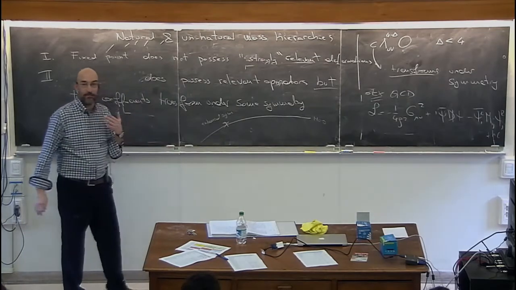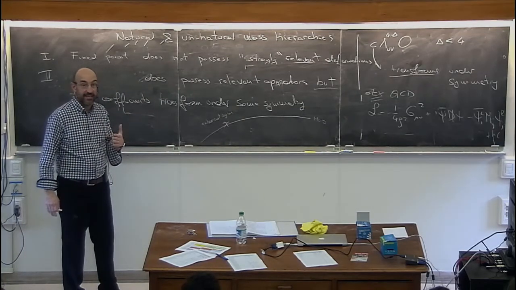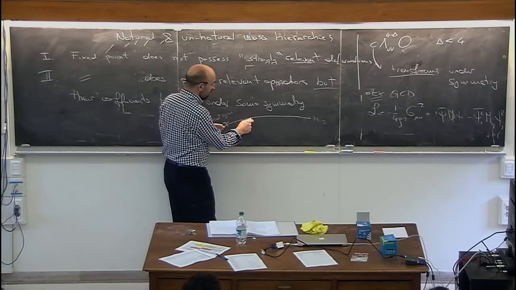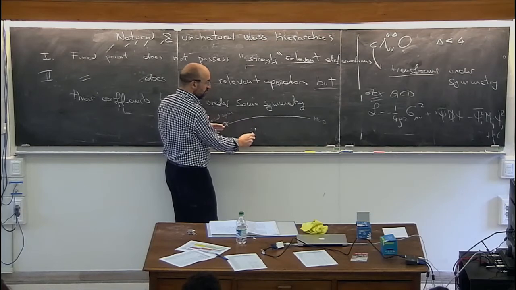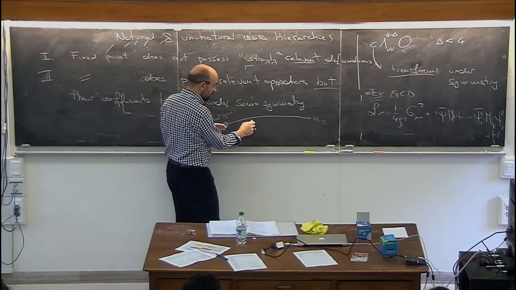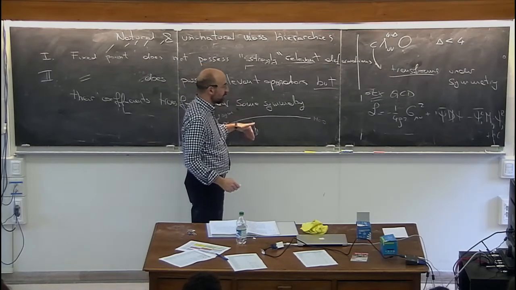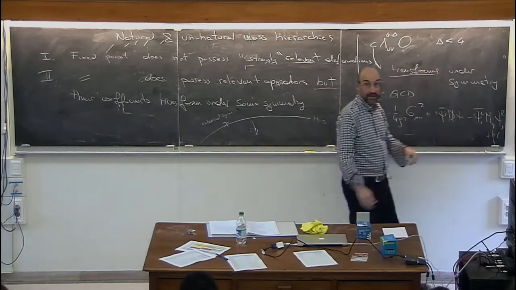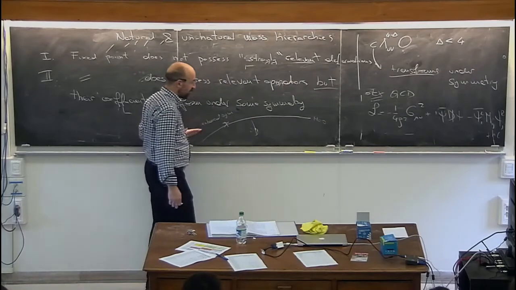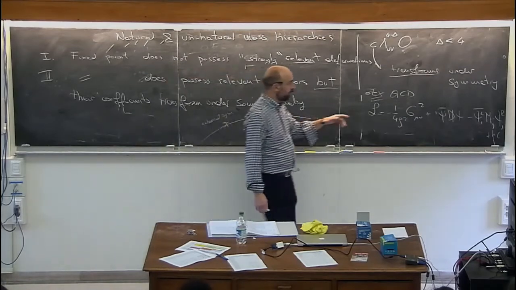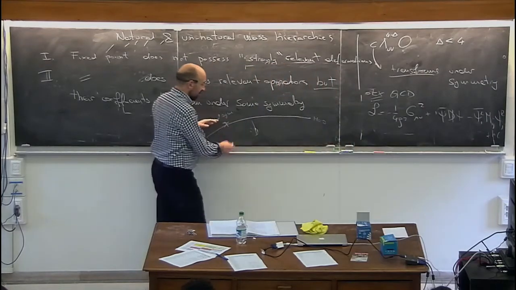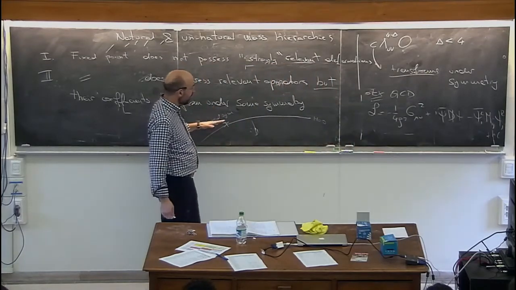And the assumption in this case is that if you're not on this surface, if you're even slightly away from the surface, you flow away rapidly, because away from the surface there are relevant operators turned on. The surface M equals 0 is the one where this coefficient is 0. I imagine there are also the other couplings, irrelevant. Certainly there's the gauge coupling.